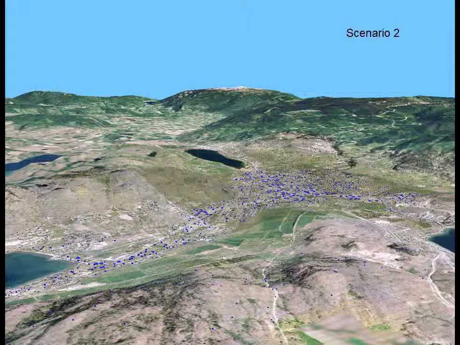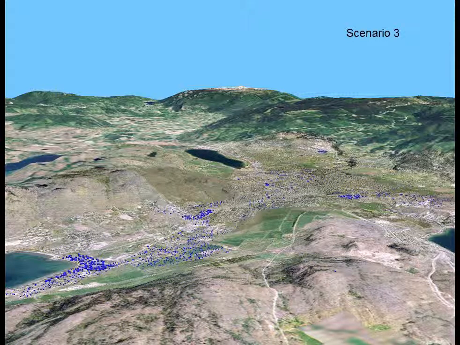So scenario 2 is kind of a hodgepodge. We're not going to go with sprawl. We're going to change things, but we're not going to go hardcore on the sustainable, healthy built environment. Scenario 3, we show what it would be like if we did do that. You see all the little blue dots clustered into 4 major places? Those are around existing and future commercial nodes. So these are the mixed use little areas.